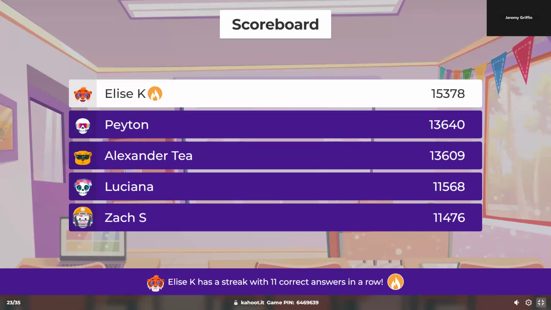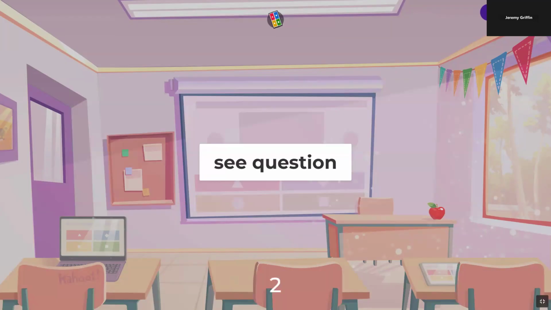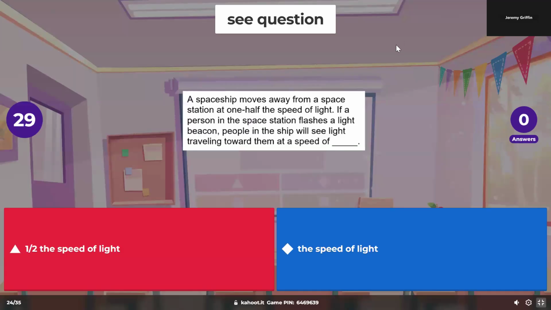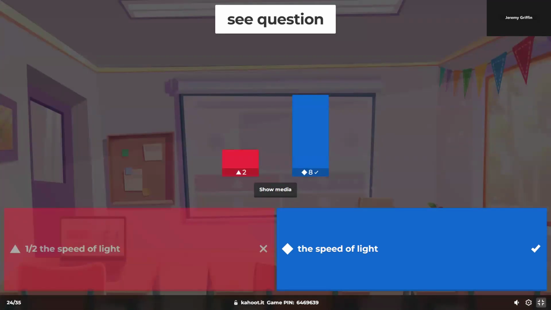All right, Zach, Luciana, Alexander, Peyton, Elise. A spaceship moves away from a space station at half the speed of light. If a person in the space station flashes a light beacon, people in the ship will see that light traveling toward them at a speed of... Yeah, speed of light. Okay, so the speed of light is the same regardless of your frame of reference, which is